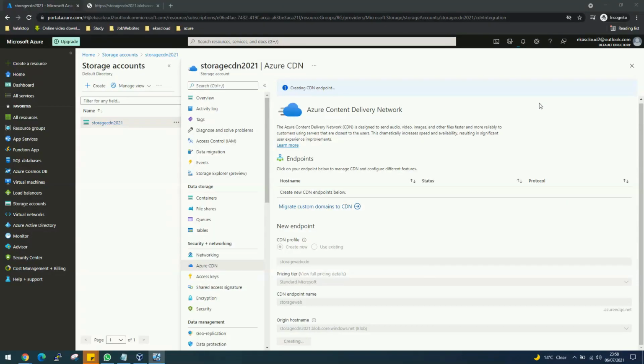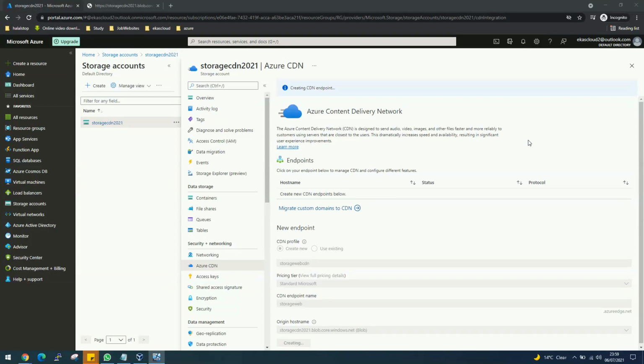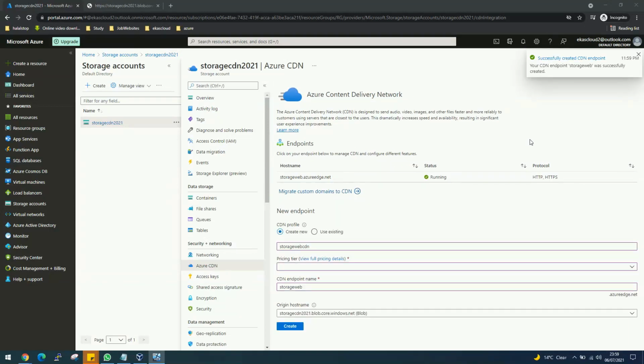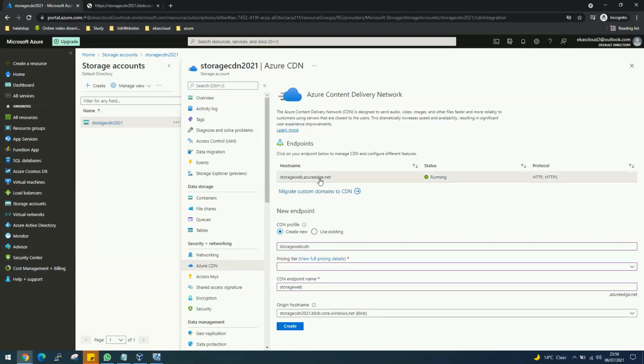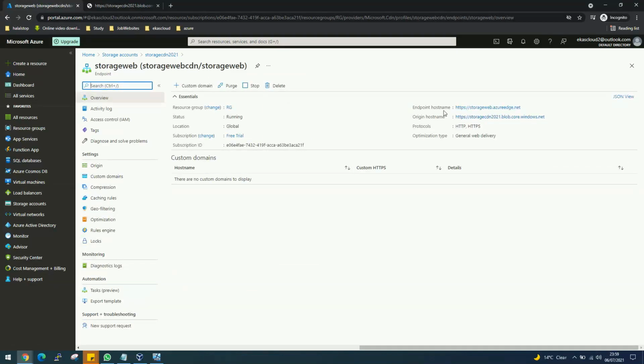So yeah, I've got my VM running on the side to log into that one to test something. It's taking a bit longer than usual, but yep, that's done. As I said, you can see the endpoint is being created, which is underneath this. If I click on this host name, you can see we've got the endpoint